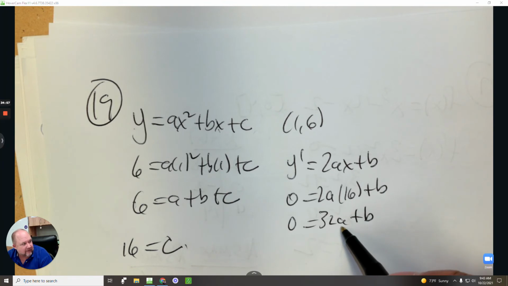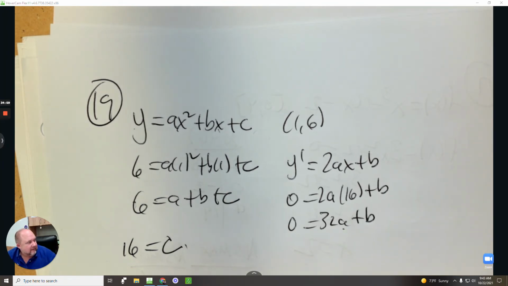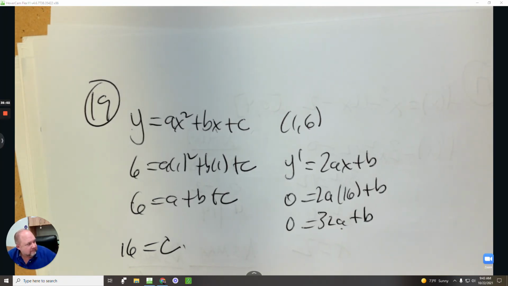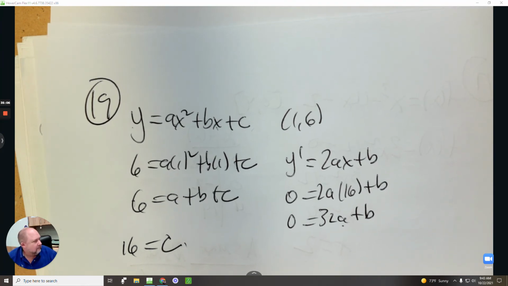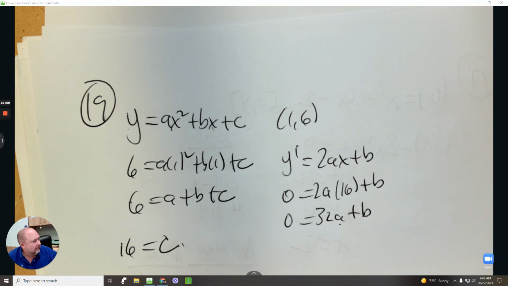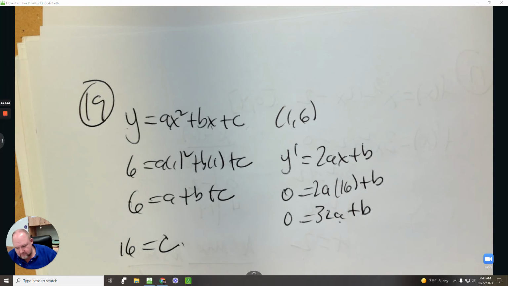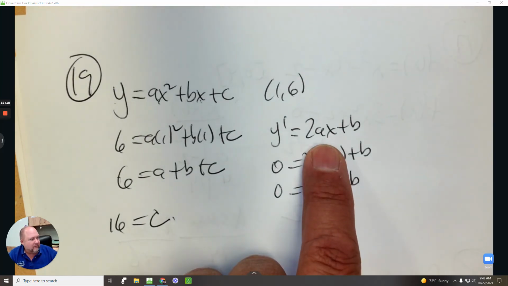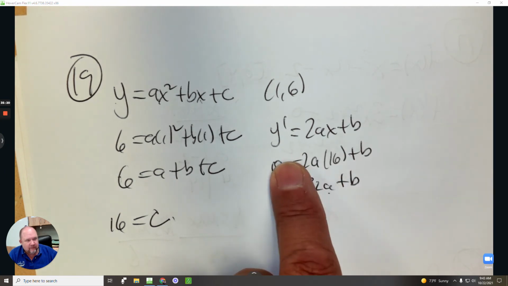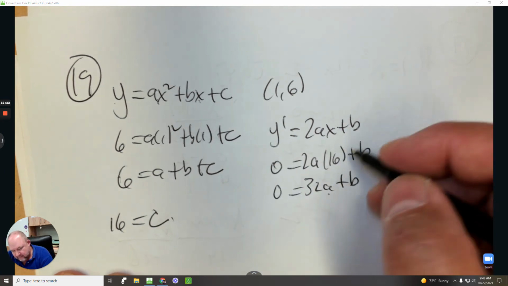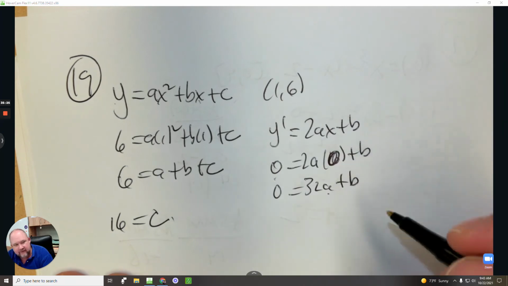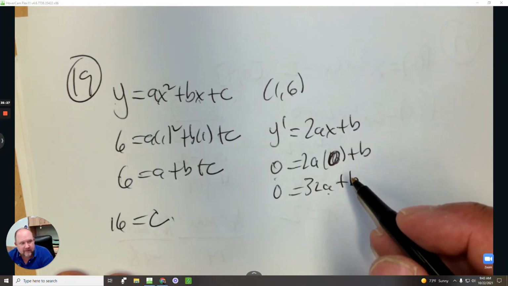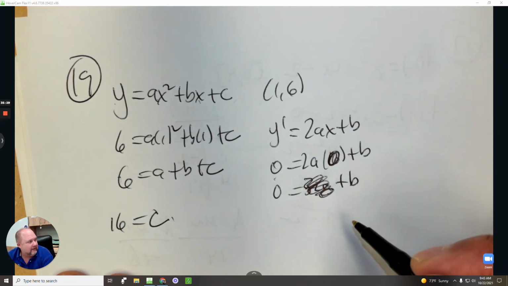So I already have that part. So when you take the derivative, 2ax plus b, if there's a minimum at 0, 16, that means when I plug in 0, the answer is 0. I was plugging in the wrong value. So that means b is equal to